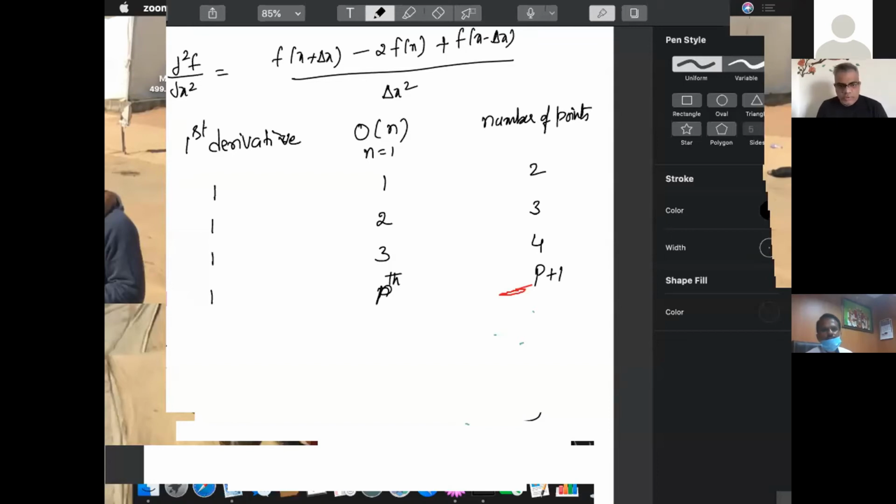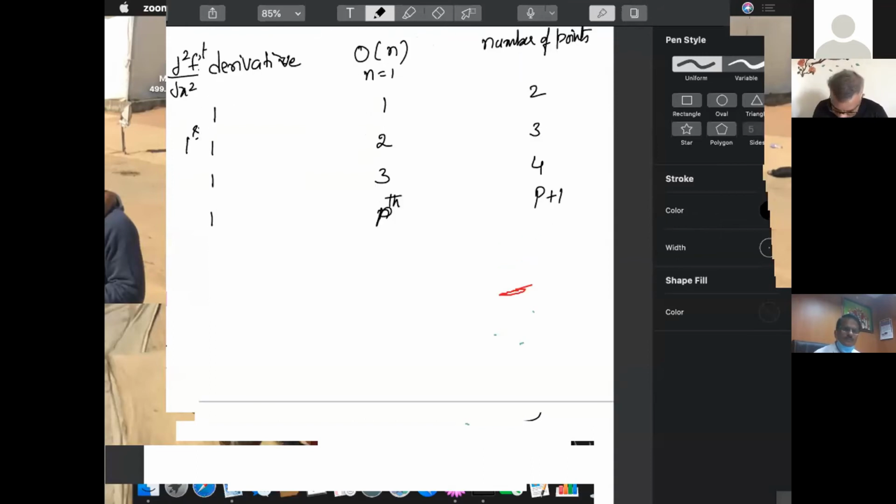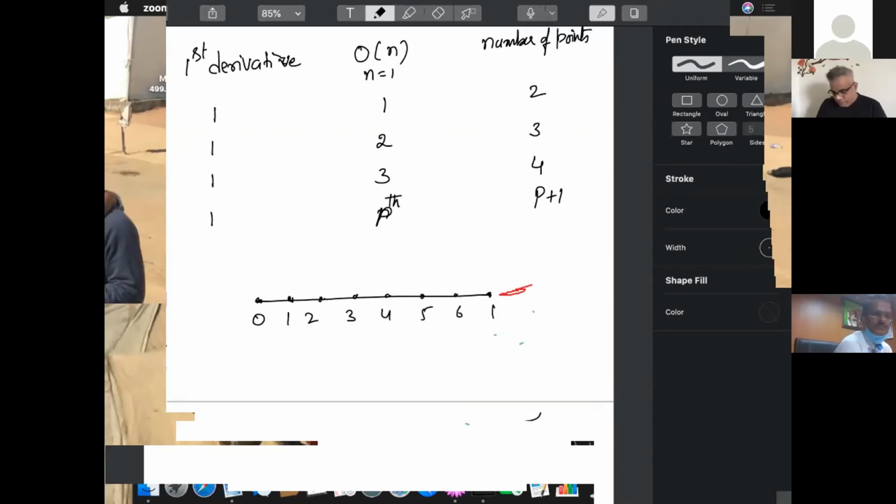So what's the problem with this? Initially we don't see any problem. Unless we lack data availability at all number of points, there's no problem in this. So you can actually get all order of accuracies. But the major problem that you get is, say suppose my domain is restricted. So this is my domain, 0 and 1, and I have say the following points. So 1, 2, 3, 4, 5, 6, and 7 points. So 0 to 7, 8 points are there.